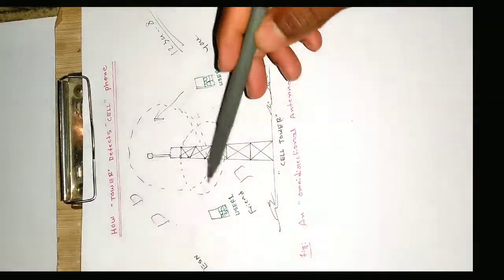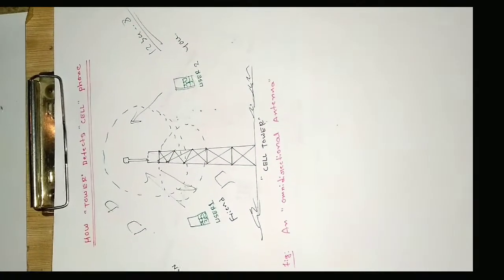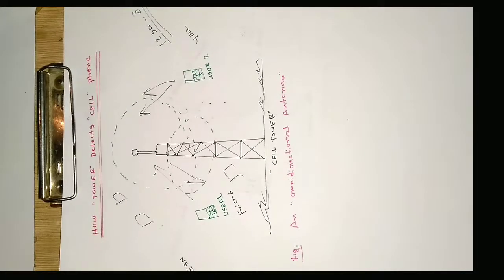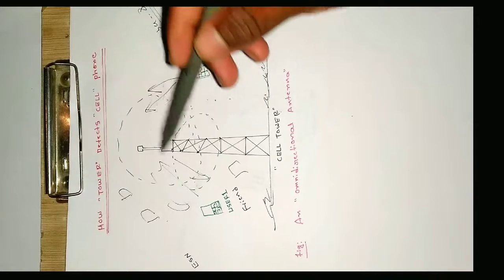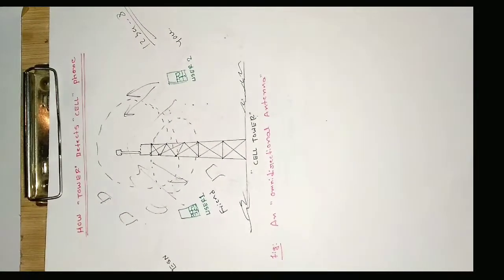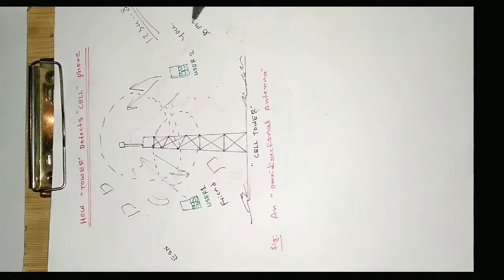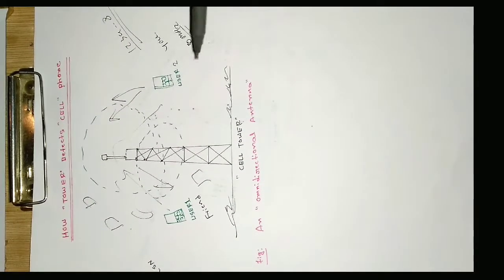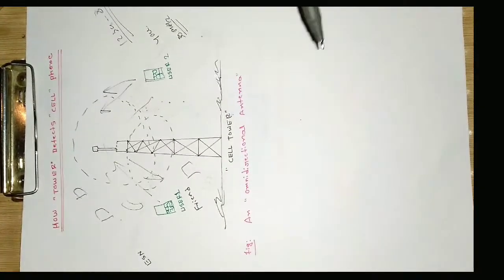Once the tower has sent a signal to this one, and this one has sent an acknowledgement, the data transfer happens. Data will be transferred from this user and forwarded to the other. A particular frequency will be allotted for the conversation of these two users, user 1 and user 2, and the conversation will proceed. Let us say 30 megahertz is allocated to these users, so that frequency will not be used by any other user. It is only for user 1 and user 2.